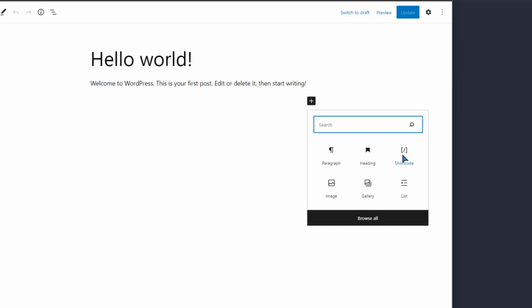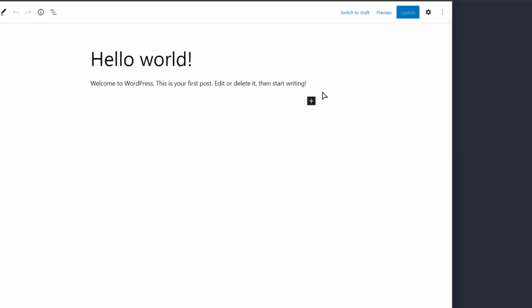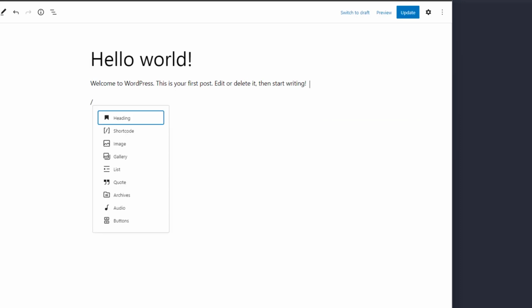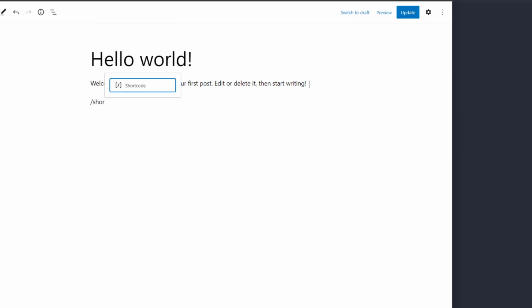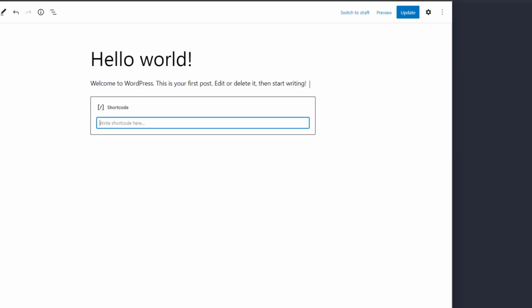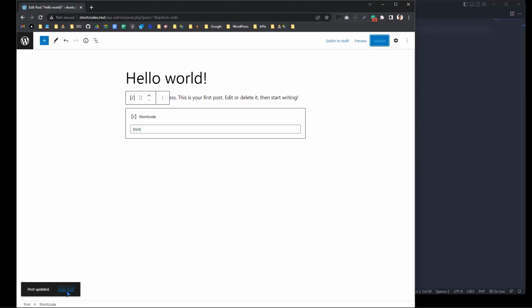You just need to search for it, or you can just press enter / and start writing shortcode. Okay, then press enter. And the shortcode that we'll initially create, just to understand how a shortcode works, is just open square brackets and let's say test. Okay, so if we update it and see the post,